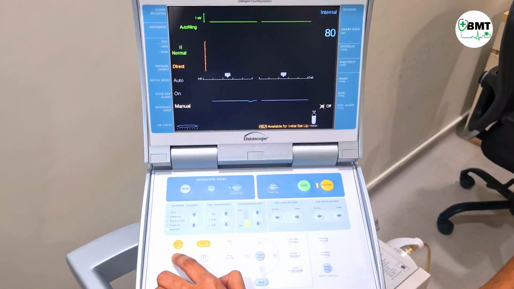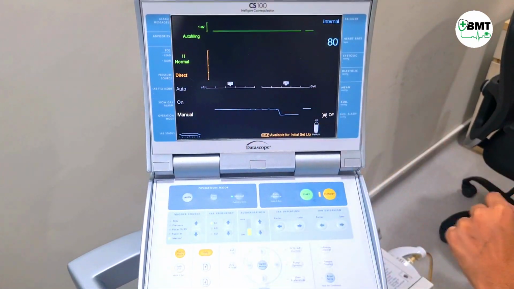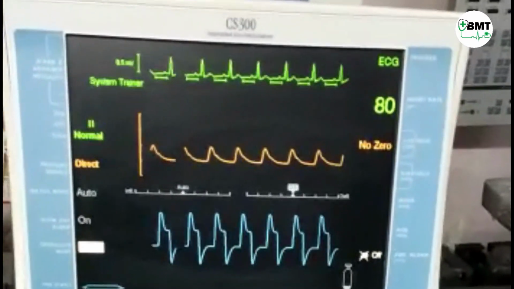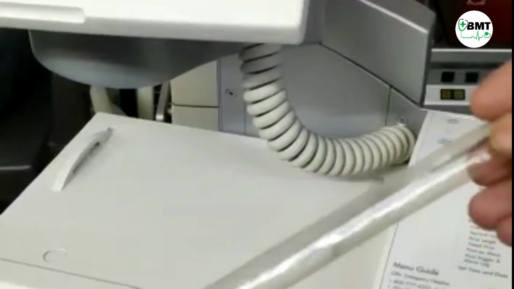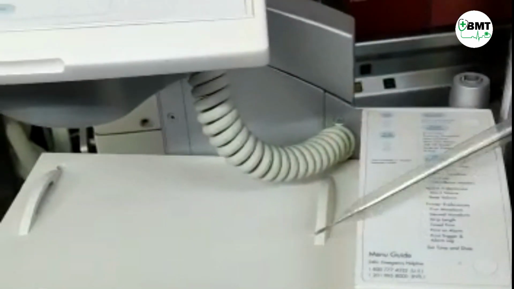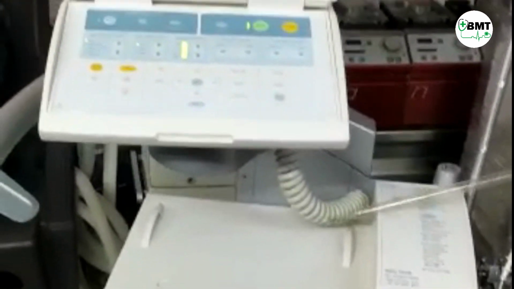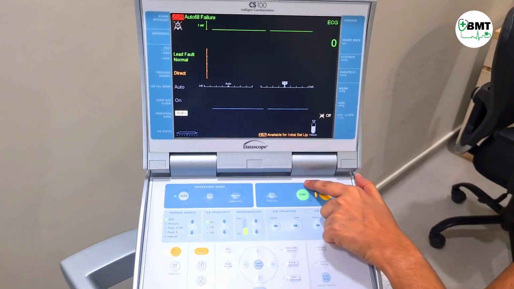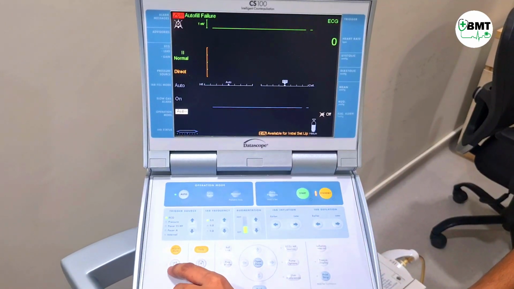Hold it for 2 seconds. Auto filling will start, and you can see the pressure over here. You can also press the start button without pressing the IABP fill button.